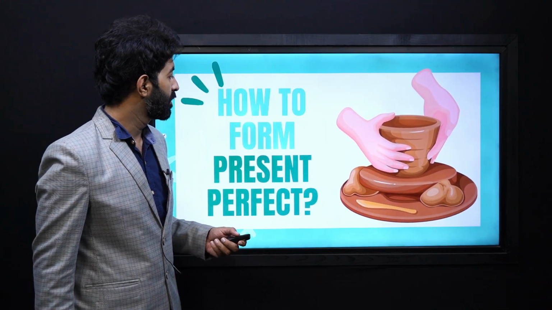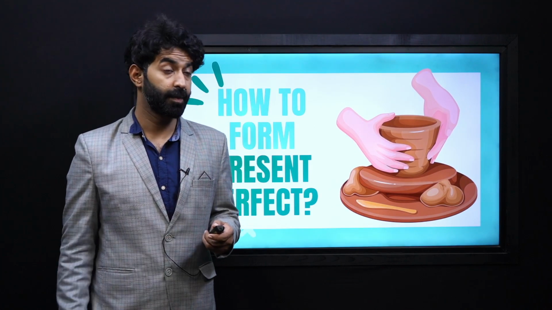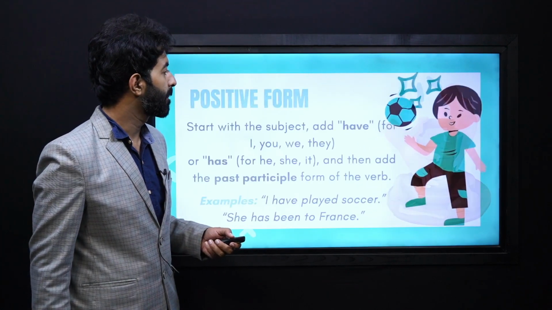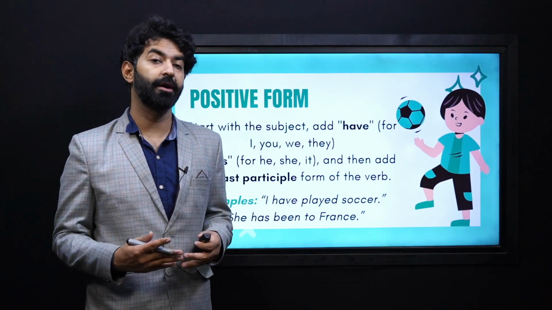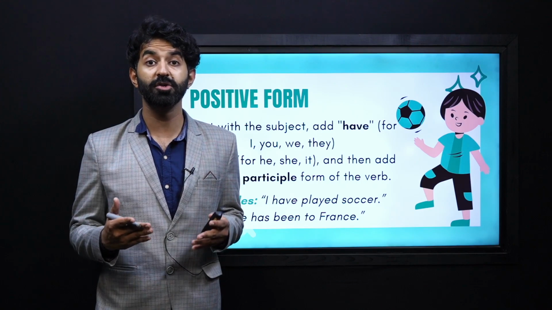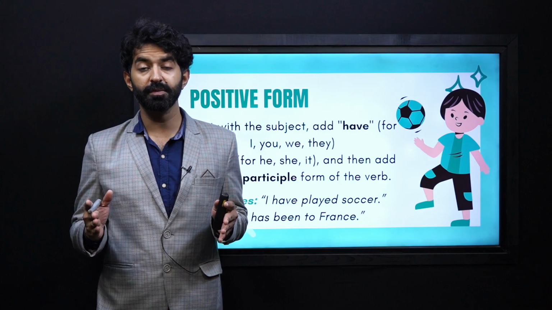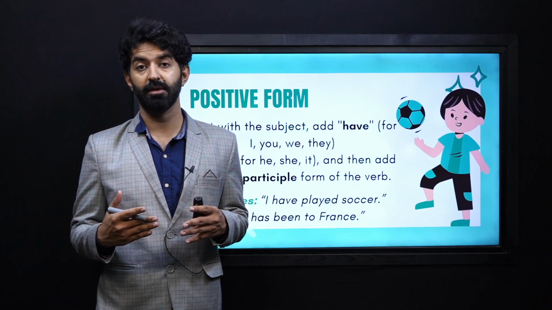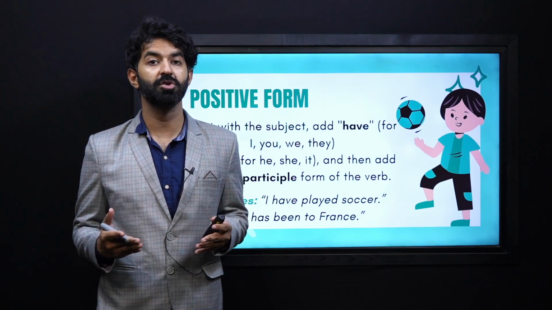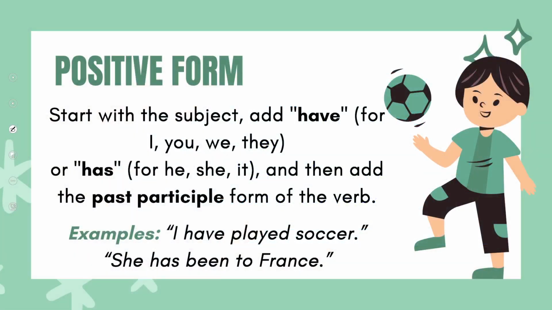Now, how do we form our present perfect tense? Let's look at it. There are 3 kinds of forms: positive, negative, and interrogative, or the question form. When we learn all these three forms, we can use the present perfect tense in any situation in our speech and in our writing. So let's go through number one, which is the positive form. You start with the subject, add have